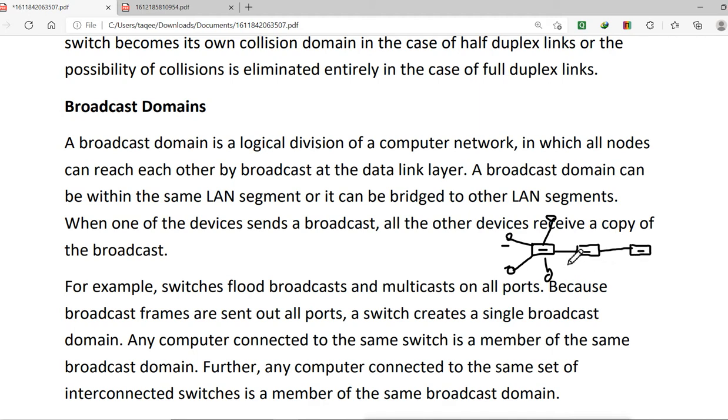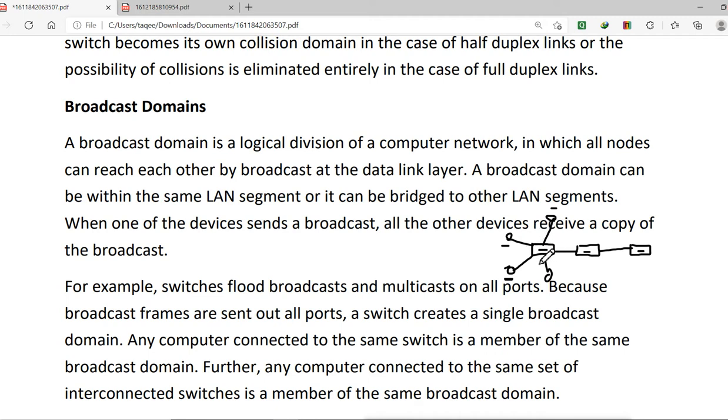Now what do we have in a switch? So a switch is also the same as the hub. For the broadcast, the switch will also work the same. By default, the switch will also do the broadcast. That means, now it will not do the broadcast for every packet. Suppose this machine wants to send the data to only this machine, then the data will go to only this machine. But if this machine wants to send the broadcast packet, it wants to send the broadcast to everyone, then the switch will also do the broadcast. And just like a hub, the switch will also send the packet to everyone.